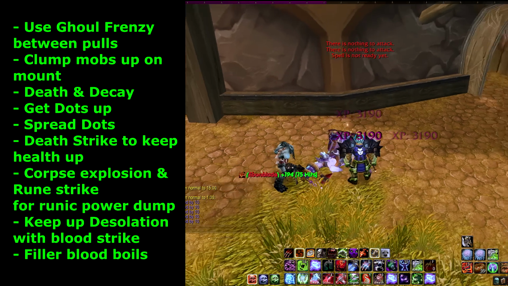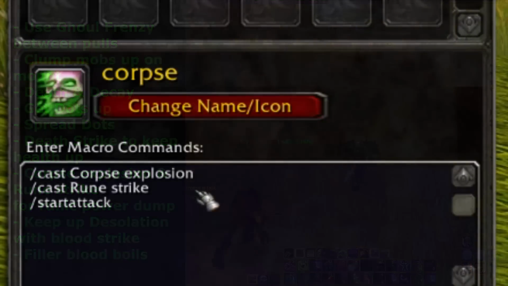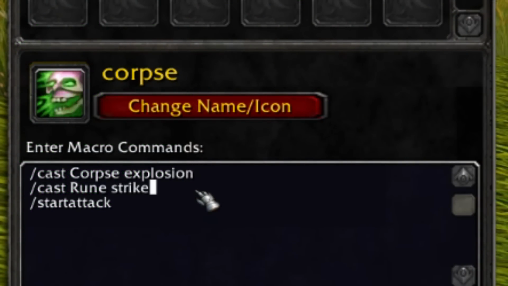Then what you do is you consume your runic power with Corpse Explosion and Rune Strike. What I like to have is a Corpse Explosion and Rune Strike macro, because Rune Strike is actually off the global cooldown, you can actually put it with any other ability. I prefer to have it with Corpse Explosion so I don't accidentally use Rune Strike when I need runic power